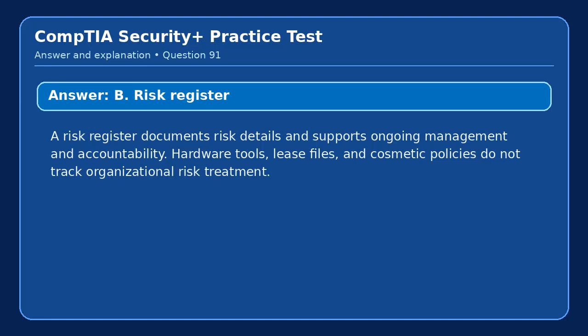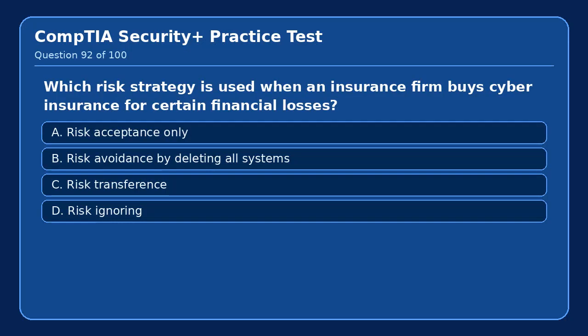Question 95. Which agreement defines expected uptime and response targets for a financial services team's managed security provider? A. Personal text message. B. Password hint list. C. Open guest Wi-Fi policy. D. Service level agreement. Take a moment to choose your answer. The answer is D. Service level agreement, and SLA documents measurable service expectations such as uptime, response time, and escalation